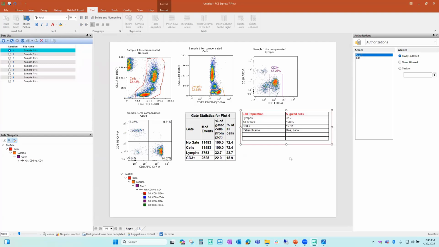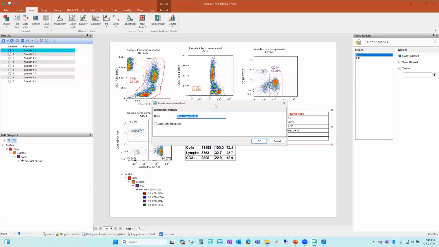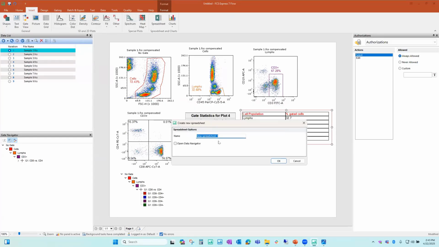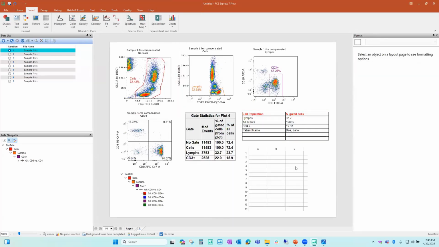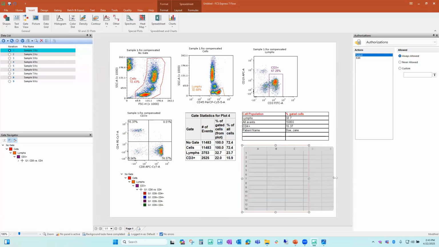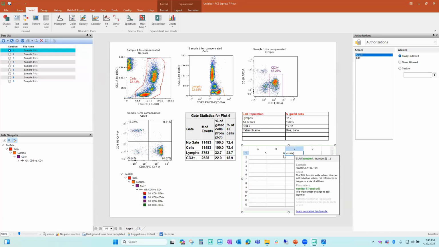Another way we can do statistics is using our integrated spreadsheets. So if we come up to our Insert tab and I choose Spreadsheet, it's going to give me a new spreadsheet option. I can give it a name if I want to and hit OK. And here you'll see that it looks just like an Excel spreadsheet. It also works just like an Excel spreadsheet. So if I were to come here and start putting some numbers here, I can use the same formulas and highlight them in the same way that I would in Excel, and it will do that. The really cool thing though is that I can bring